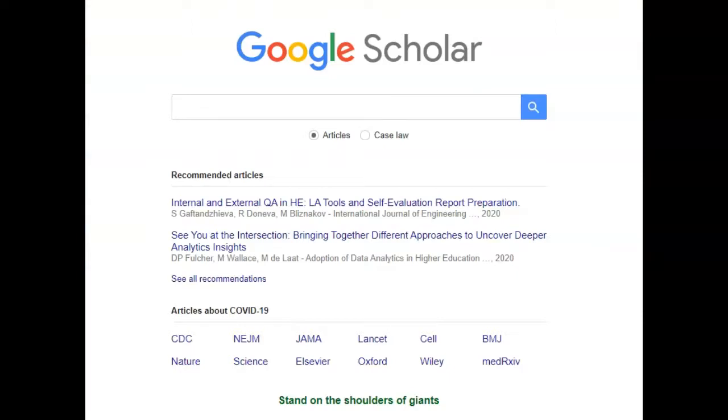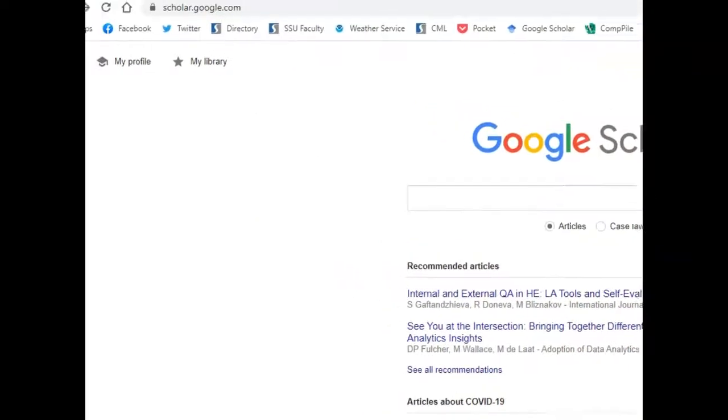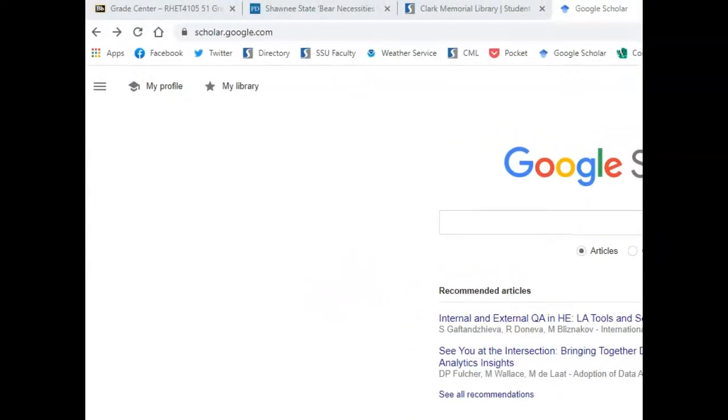And to find Google Scholar, you can just, in a Google search, search for Google Scholar. You can also type in scholar.google.com and it should bring this screen up right here. So I'm currently on an SSU network right now, so some of this stuff is auto-populated. But to get Google kind of linked up to